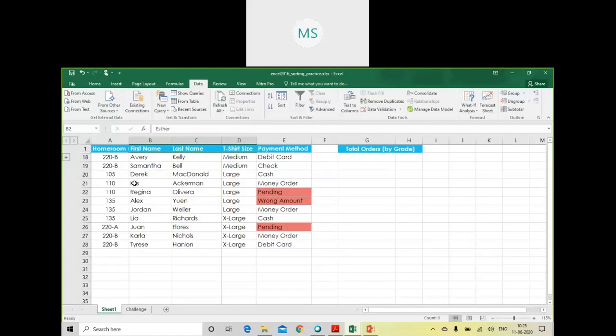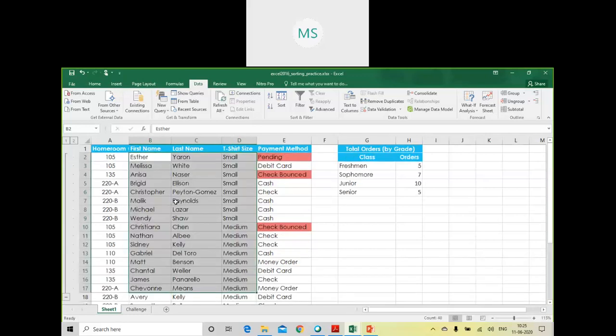Now it is visible to you in a single screen. Now the moment you want to expand that particular group which you have hidden, just click on the plus sign and you will be able to see that particular group. So this is how you can create a group row wise.